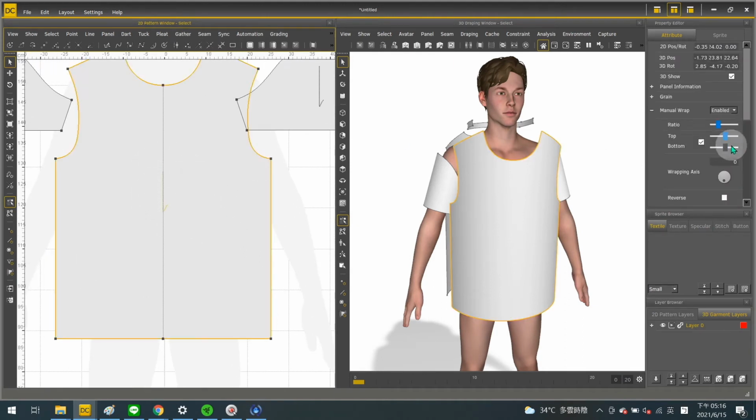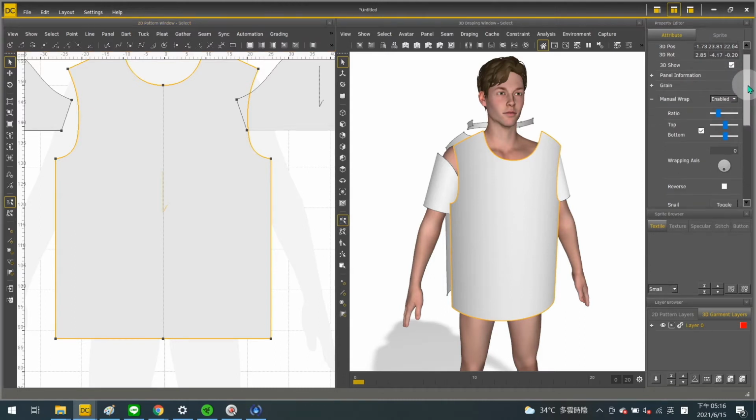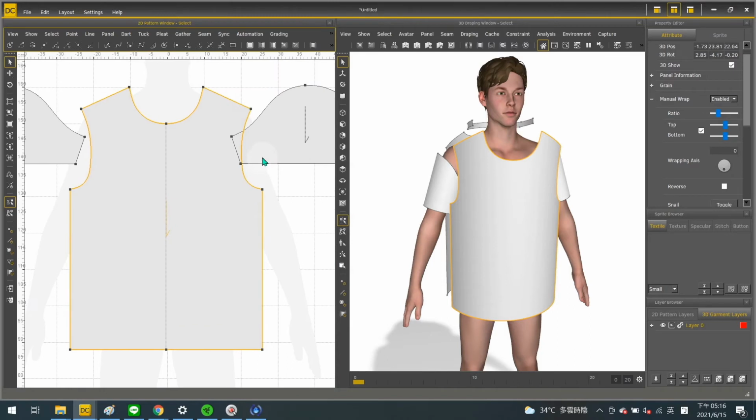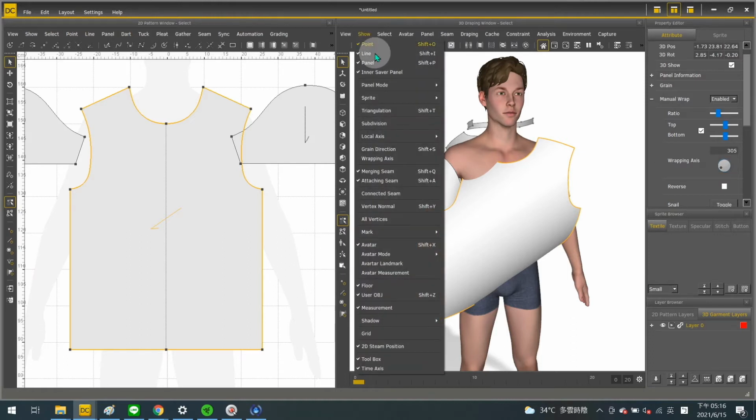It's like a direction. If you find your pattern wrapping on the cylinder wrong, then you can use this to adjust the direction of it. It is in the Attribute window; find the name of it. When you adjust the angle of it, you will find how it is wrapped changes in 3D.